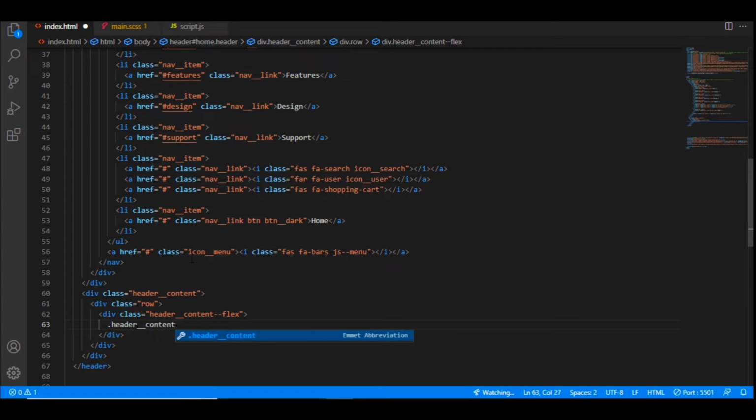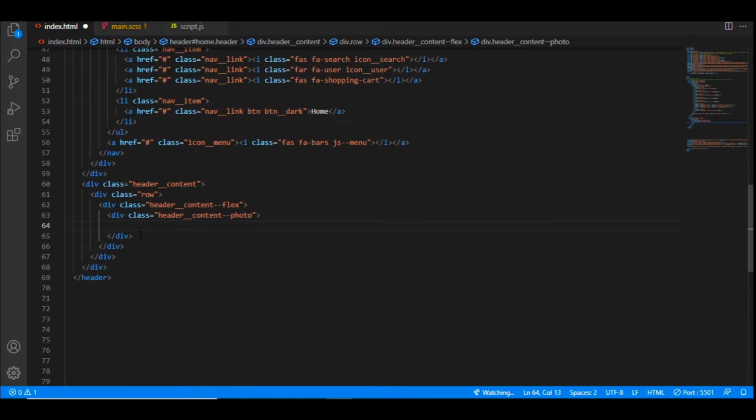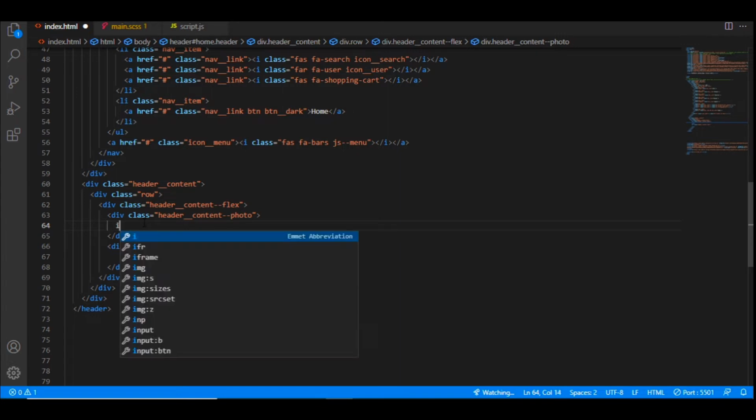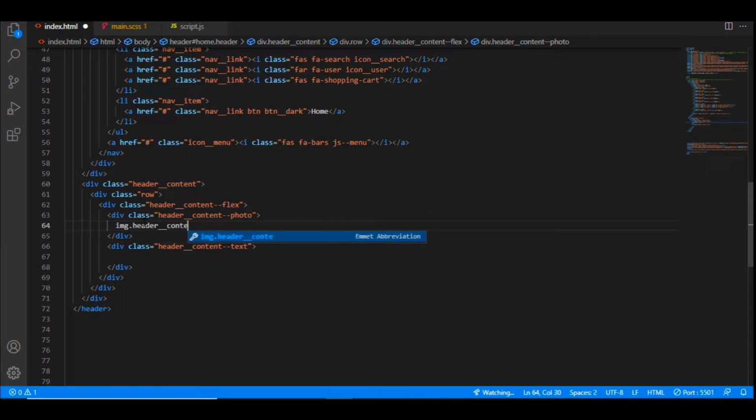And back to our index.html file, and in the last we further develop our header content. For the header content we will take a div with the class of row and a div with the class of header